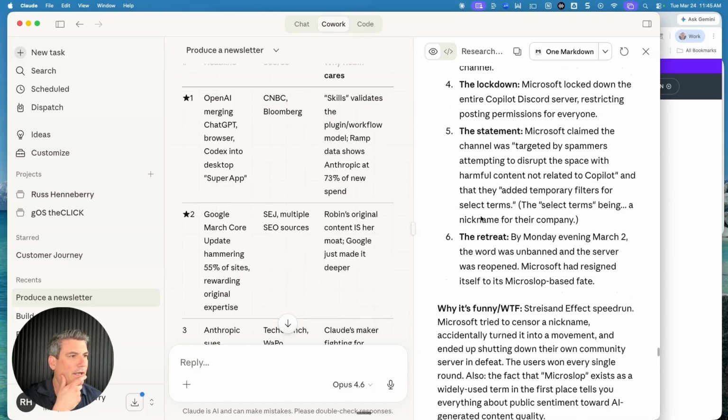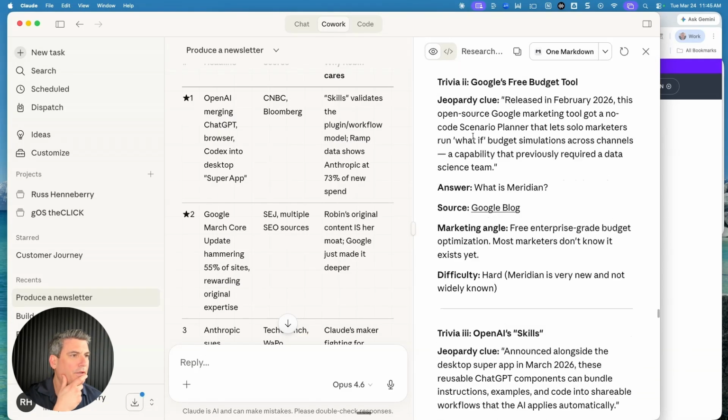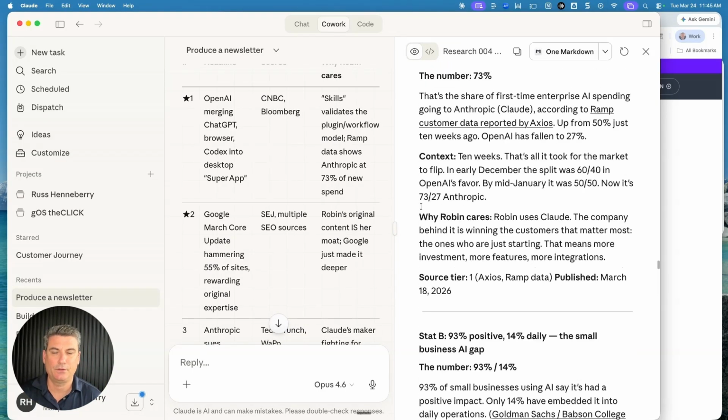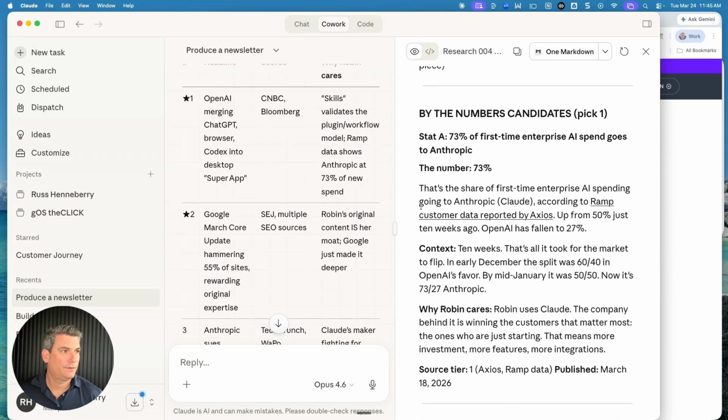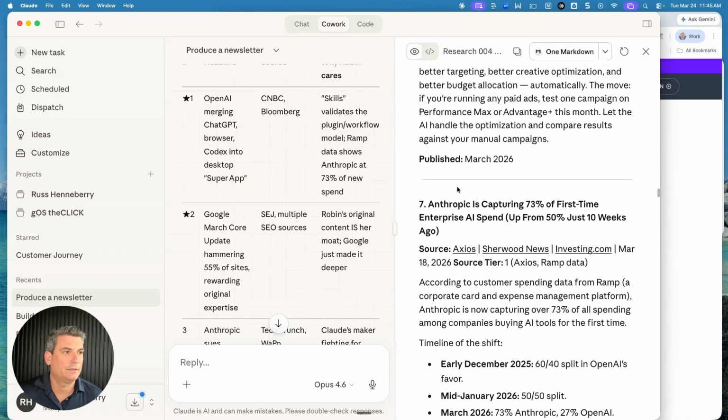I can go check the source and do some fact checking on my own. And really what I'm looking for is to bring the human back into the loop here. I want to pick the right stories for my audience. I want to pick the things that I'm most interested in, that I think my audience for the newsletter would be